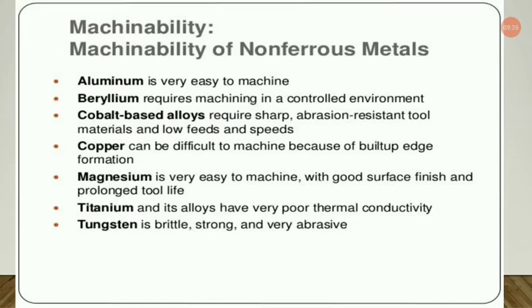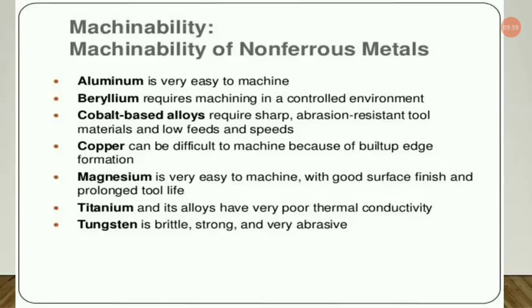So generally tungsten has low machinability, and due to its low machinability, conventional machining processes are found to be very difficult during the machining of tungsten materials. So generally non-conventional machining processes are employed for machining tungsten. Generally EDM, where there is a dielectric medium, is used for the machining of tungsten.